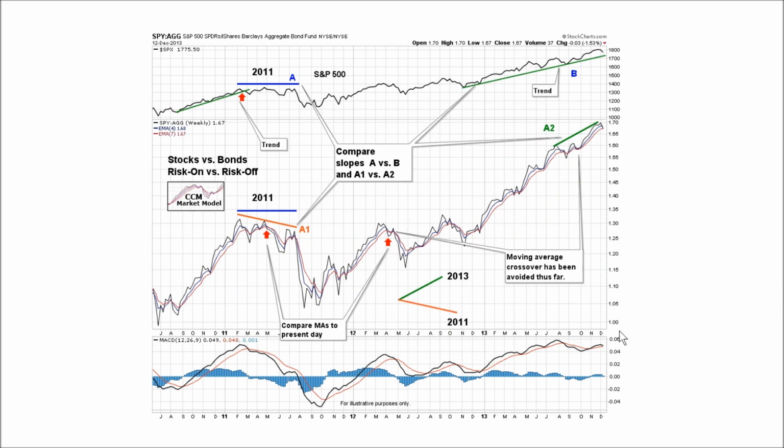The market model uses numerous risk-on, risk-off ratios or charts. Here we're looking at stocks, the S&P 500 SPY, relative to the aggregate bond market or the AGG ETF. This is what risk-on looks like, full bore bullish, full bore bearish. We have seen some observable changes. The answers to some of these questions now. Is price below the blue? The answer's yes. Is price above the red? It's not above, so it actually gets a no in the model there.